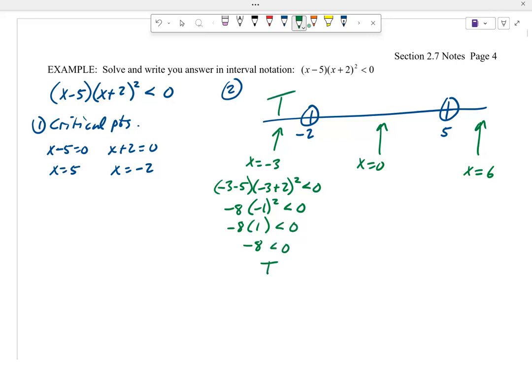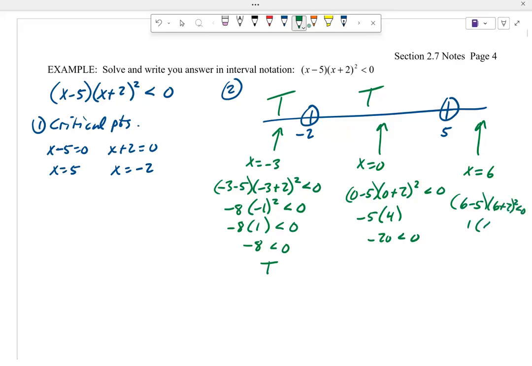Yes, it is. Throw 0 in. 0 minus 5, 0 plus 2 squared. Negative 5 times 4 is negative 20, less than 0. Yes, it is. Plug in 6. I got 1 times 8 squared is 64, less than 0. No, it's not. False. So it looks like our solution here would be from negative infinity up to negative 2, not including the